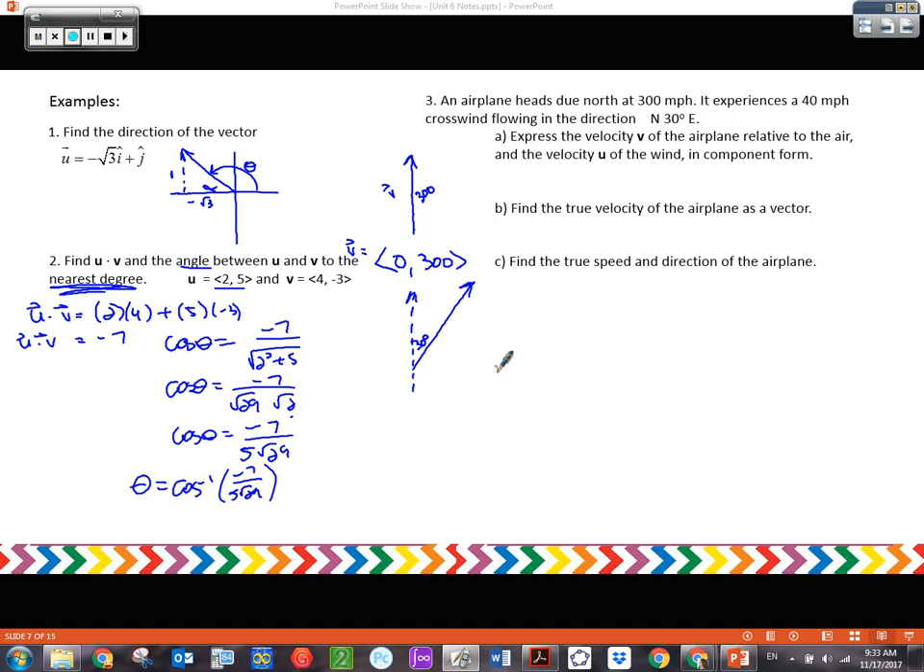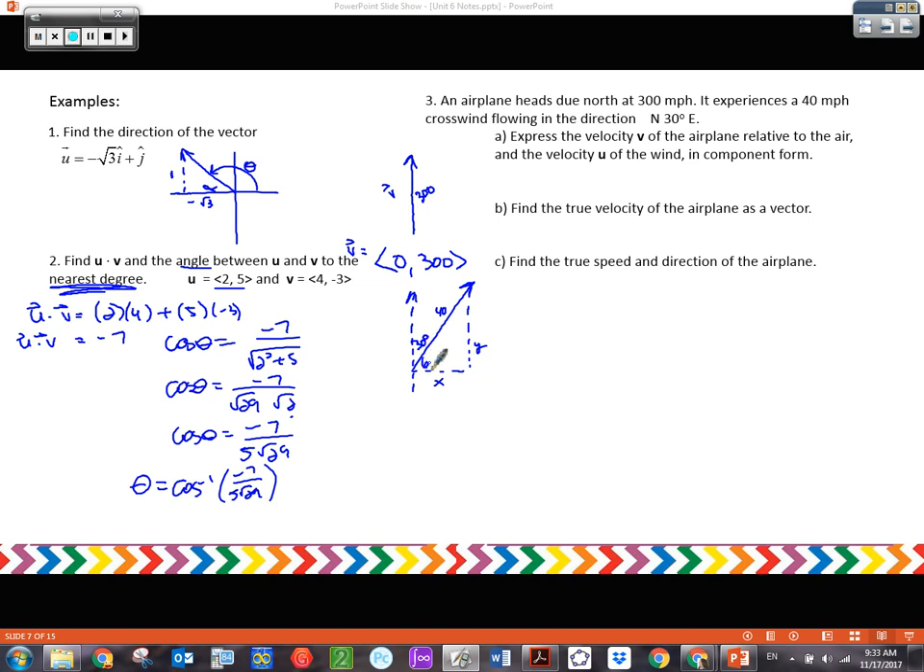Our magnitude is 40. Okay, so in order to write that in component form, we're going to have to find our vertical and horizontal components. We had experience with that yesterday, right? We know how to do that. So let's see, if we want to find this horizontal component, we would say, let's see, so if this is